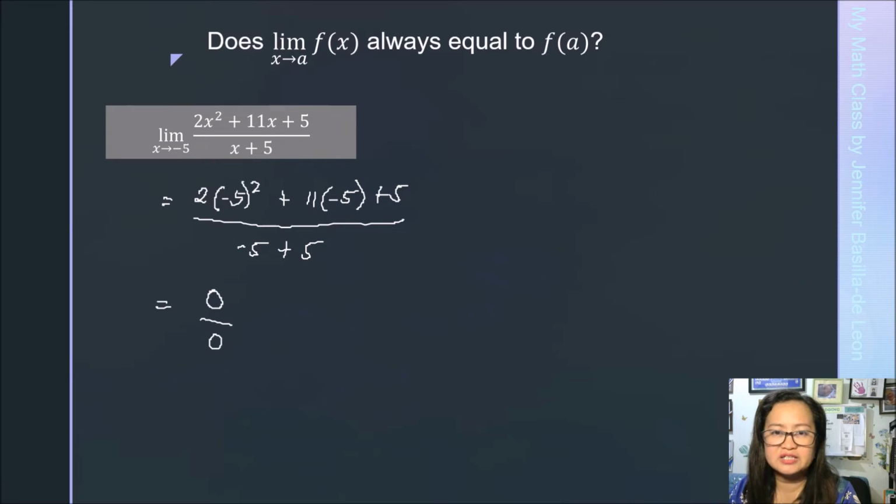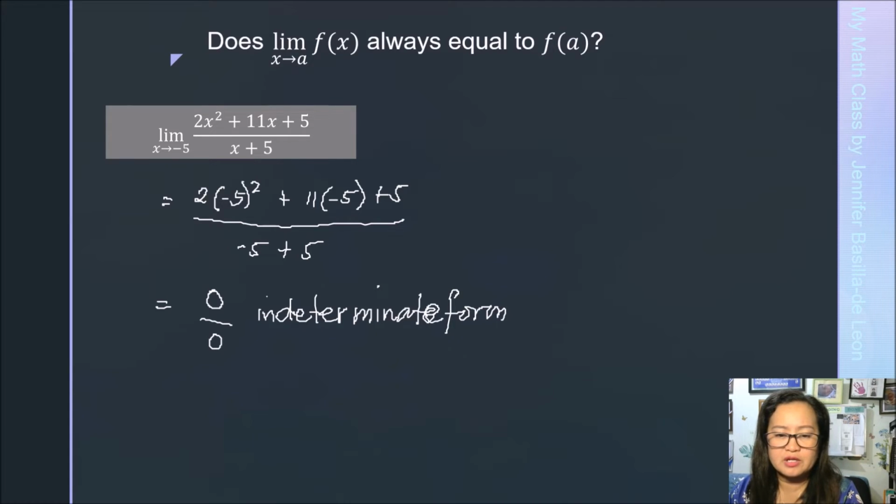Remember that division by 0 is undefined. In this case, we can say that we have arrived at an indeterminate form of the function. However, if we apply factoring techniques, we would be able to cancel out some factors. Let's see. If we simplify first the rational function before evaluating,